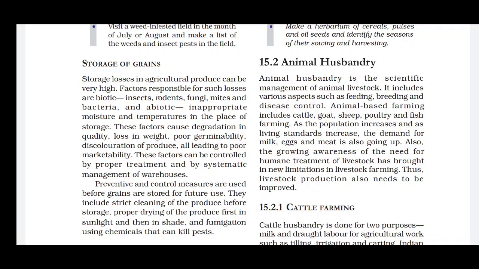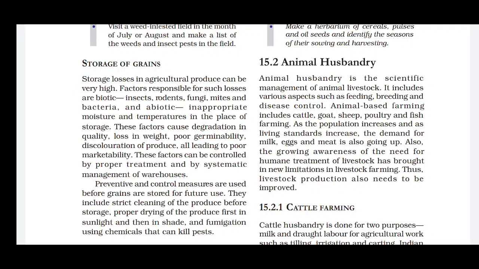These factors affect the grain: they will degrade its quality, reduce its germinative capacity, cause discoloration of the product, and the weight of the crops will also be reduced. All this will lead to poor marketability and heavy economic losses. So to prevent and control,